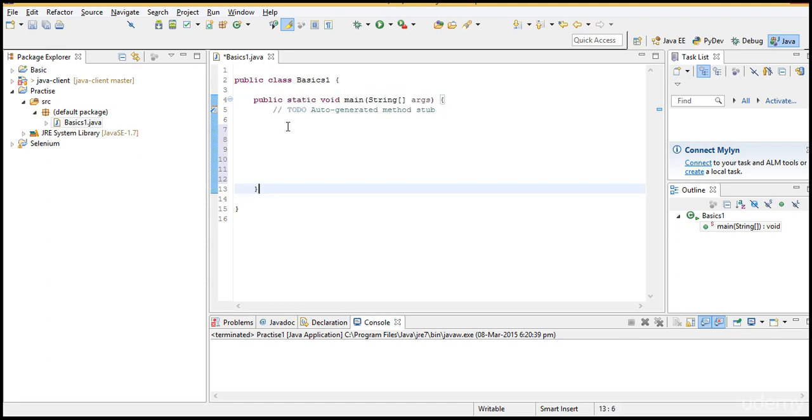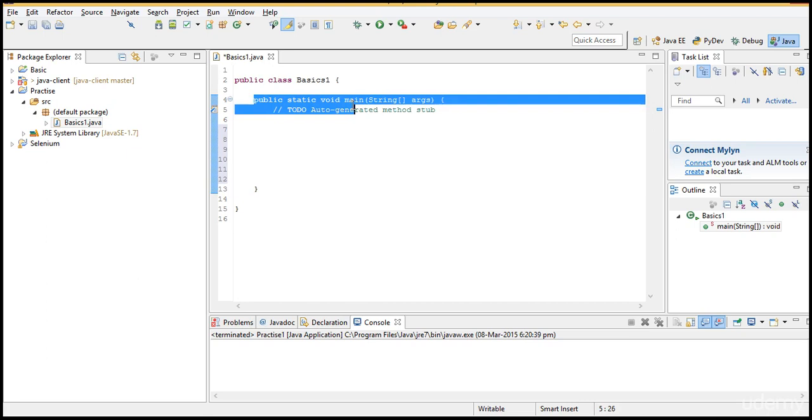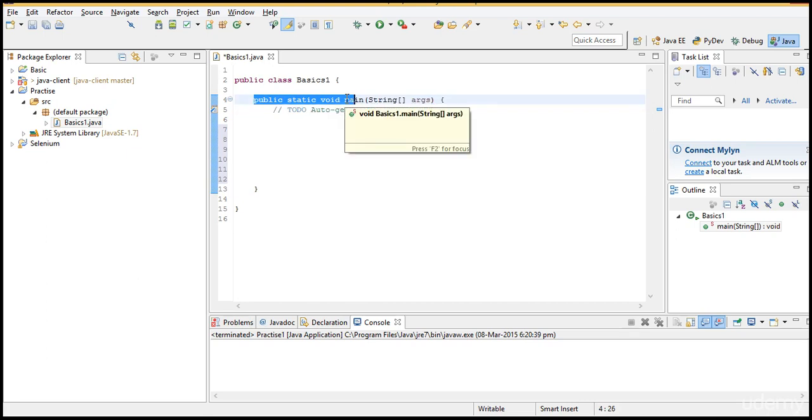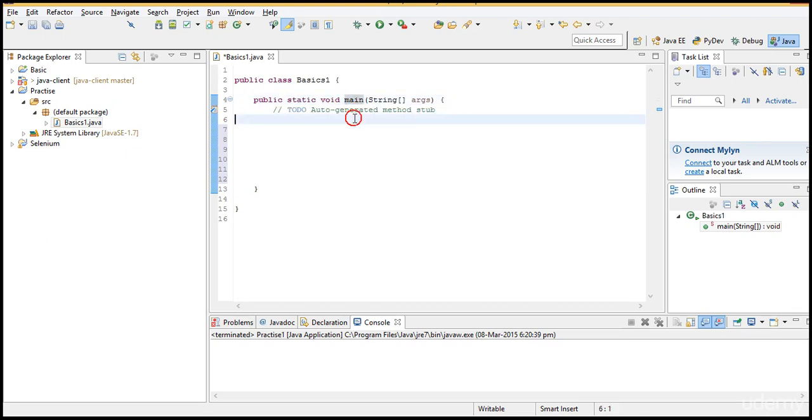Okay, so public static void main is like the heart of the Java program. It interprets all your code, whatever you write in the main. If you write somewhere outside the main, Java will not execute that. Now this is a class, right? So this is a class till here, and this is a main block.